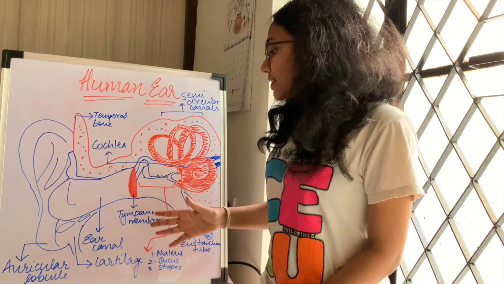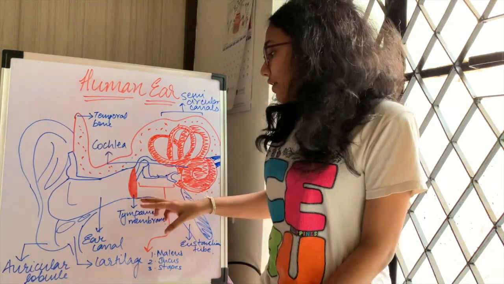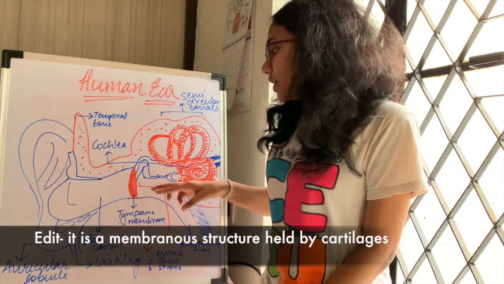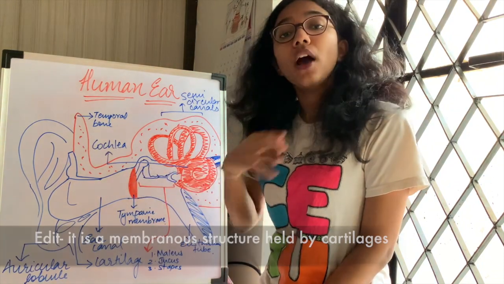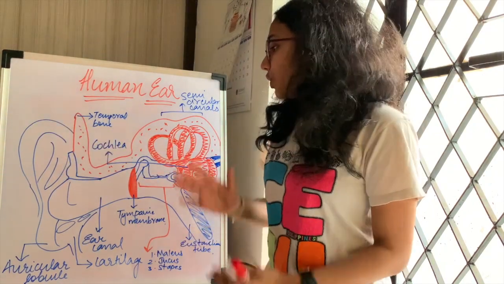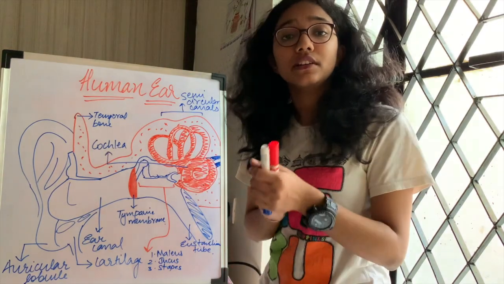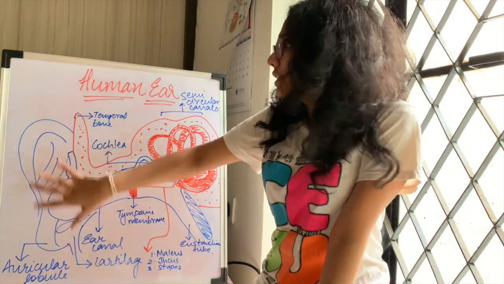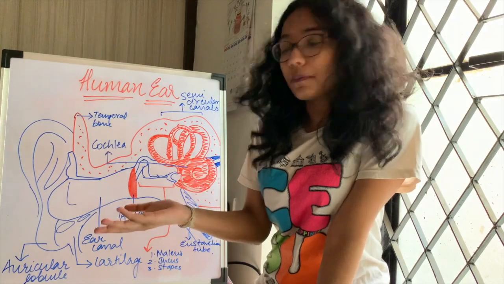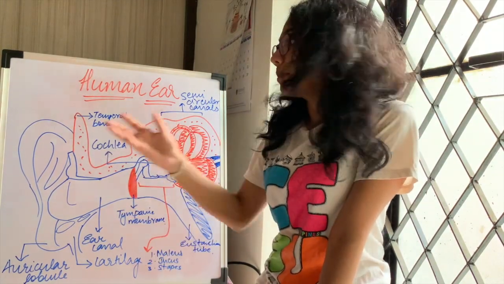And finally, let's come to the tympanic membrane or the eardrum. It's a cartilaginous structure. This membrane is basically present to amplify the sound that is coming from the external surroundings. So that is the structure of the outer ear. Before we move on to the middle ear, let's talk about what the outer ear is composed of. It is composed of elastic cartilage, and this elastic cartilage is covered by the skin.